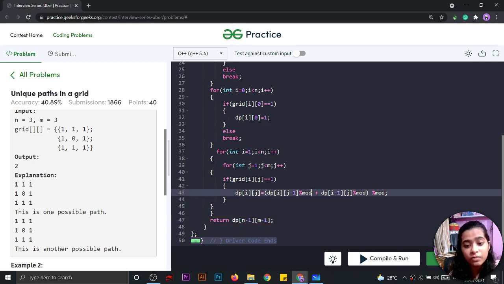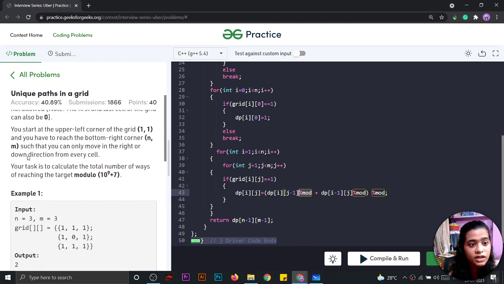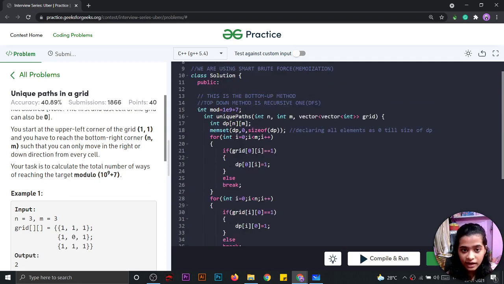So you might be wondering why I have written mod here. Because in the question it is given: your task is to calculate the total number of ways of reaching the target modulo 10 raised to power 9 plus 7, which is a very big number. So I have declared mod as 10 raised to power 9 plus 7. This is the way we are declaring 10 raised to power 9 plus 7.